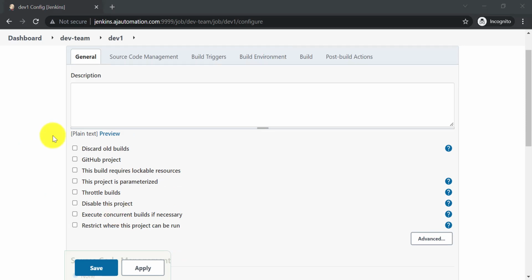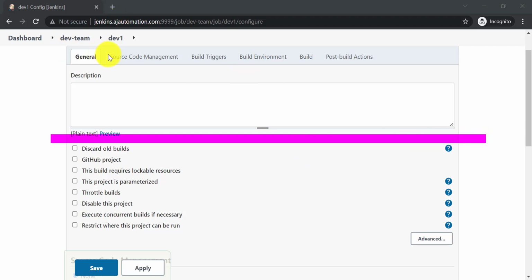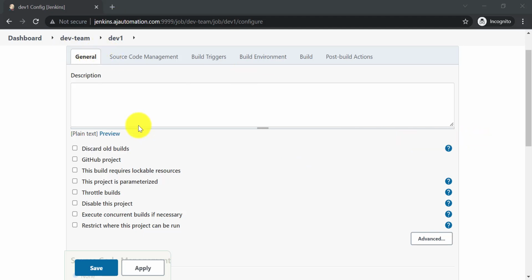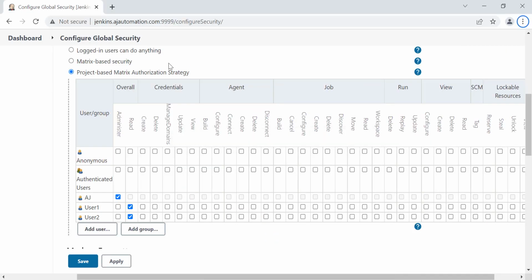Once that mode is turned on, you will see the project based authorization strategy option available under this configuration option for every Jenkins job, in the general tab. So let's go and start that mode. To understand these project based access levels,